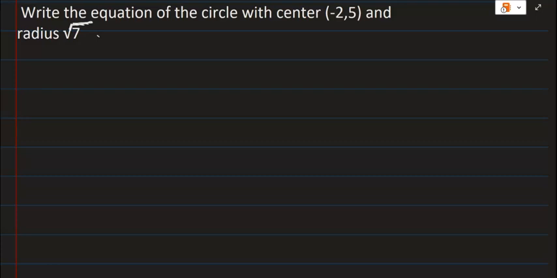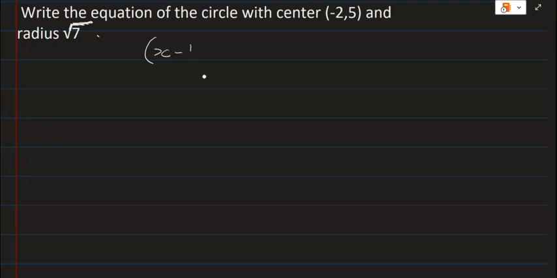Let's look at this question. Write the equation of the circle with center (-2, 5) and radius √7. All right, first thing we need to remember is that the standard form of the equation of a circle is given by